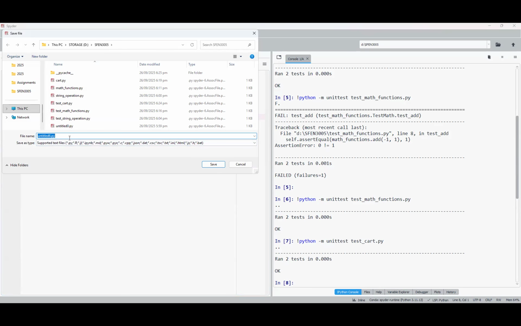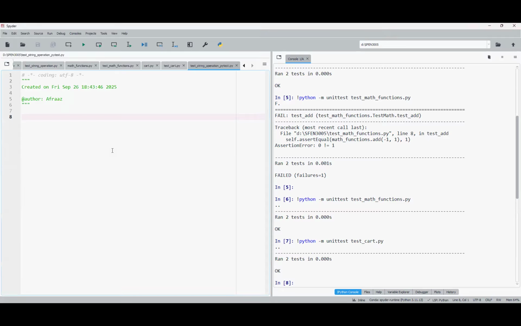Okay, so let us save it. So we're doing the string, but we're going to adjust the file name, right? You're just going to put PyTest at the end to distinguish between the code using the PyTest functions and the code using the unit test functions, right? Okay, so let's write the PyTest